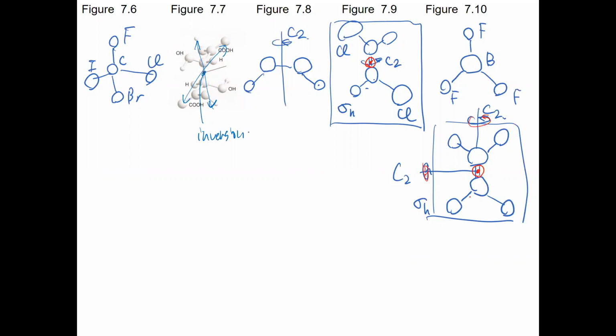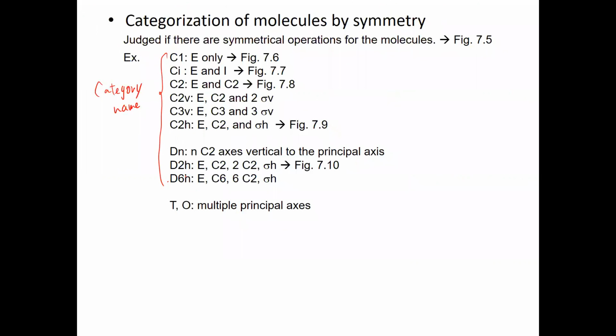So this is a D2h operation, like this. So the key point is, after checking if each molecule has the symmetric operations or not, you can categorize each molecule into the different category groups. Okay,